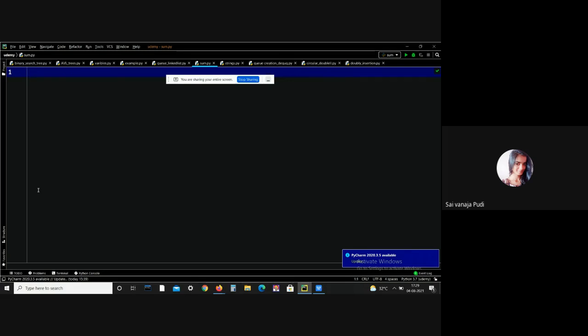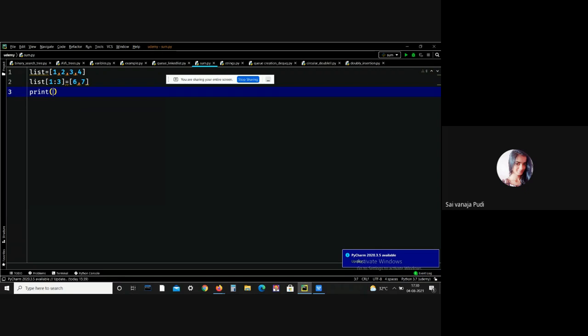Let me update values using slice. 1, 2, 3, 4. Here I just want to update 2 and 3 with 6 and 7.